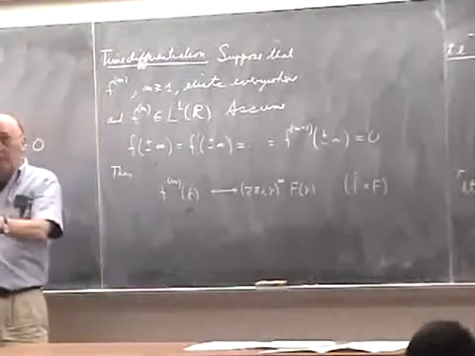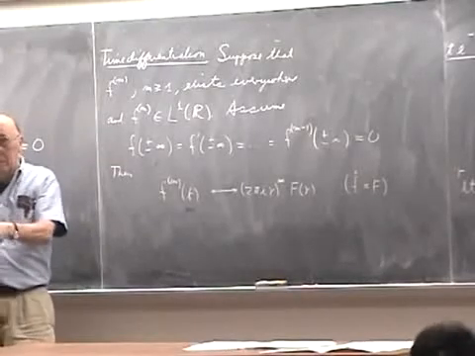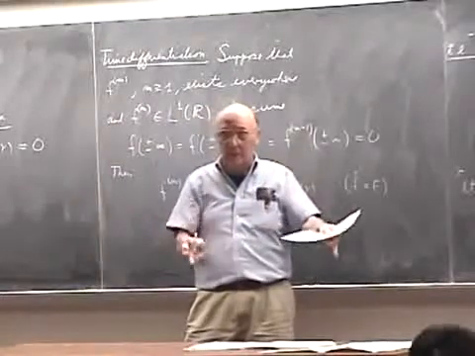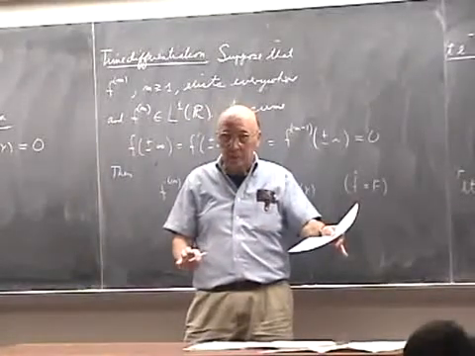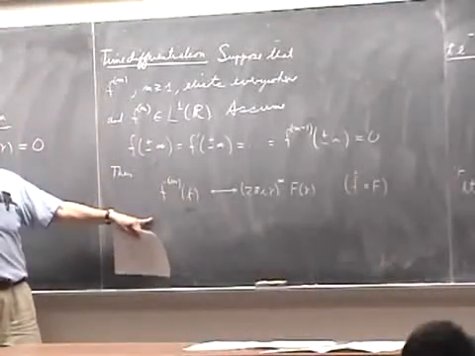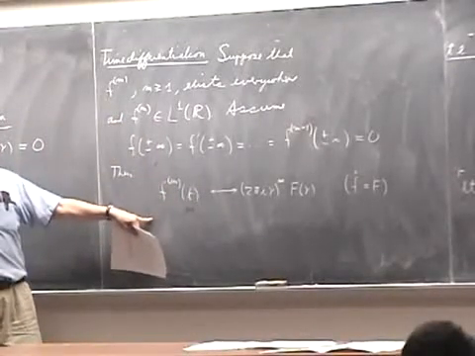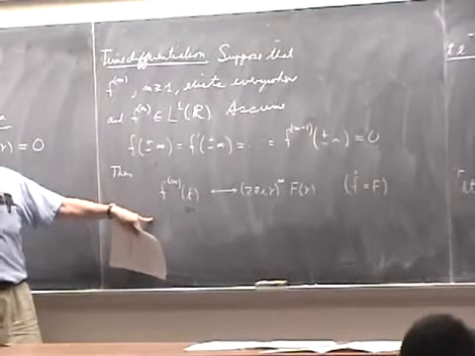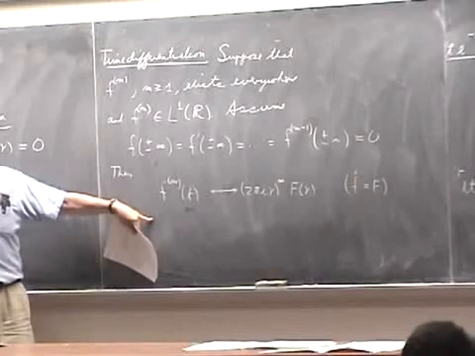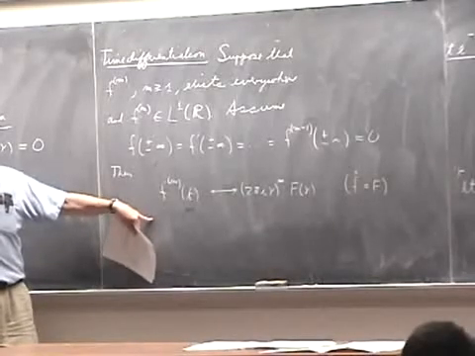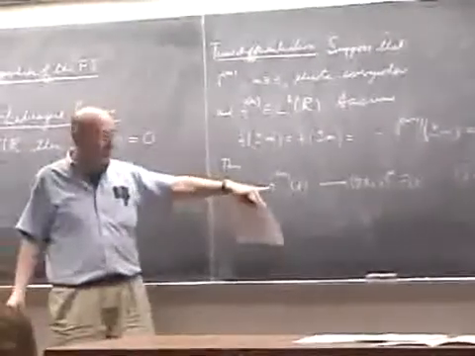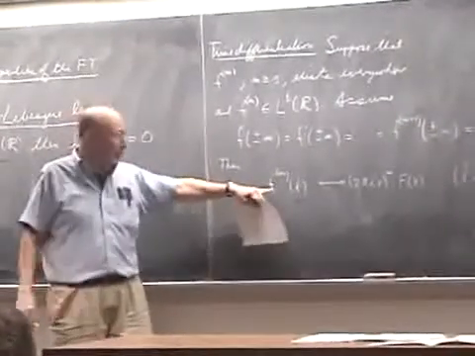Smoothness on one side gives rise to fast decay on the other side. This result also helps in the thing I said very early in the lecture, where I said that one of the reasons that transform theory is important, in particular Fourier transform theory, is because you can change from differential equations into algebraic equations. Because voila, here if I've got a differential equation, here I'm just in one variable with a derivative,